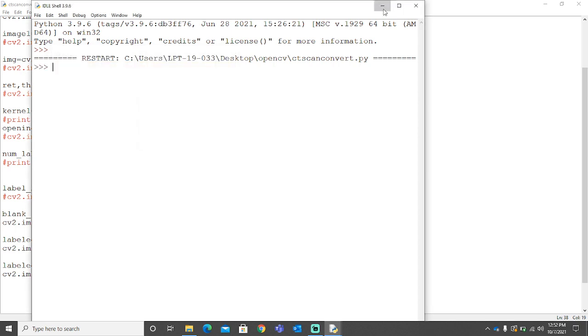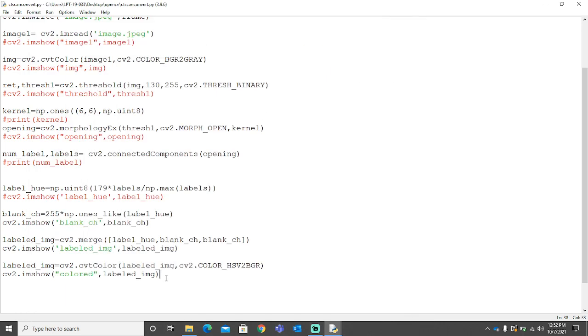So I need a black background. So let's set a black one. Okay, so I'll take labeled image as input, and I'll be giving it a hue value of 0, and here 0.